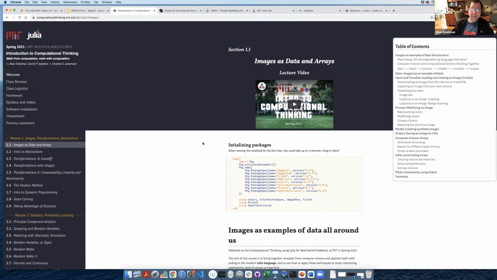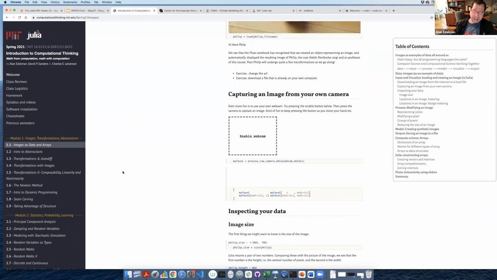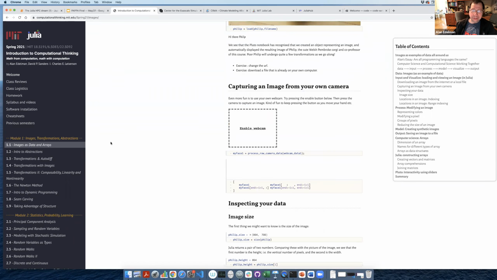Computationalthinking.mit.edu. This is the class we just taught. We decided to make a course that was a combination where you actually learn Julia at the same time as learning some computer science, some math, and some applications, in an integrated way. I have trouble even explaining to my colleagues what this is, so I tell them to just go in and take a look. Some of these things actually execute right on the web. Otherwise, you could download these things yourself.